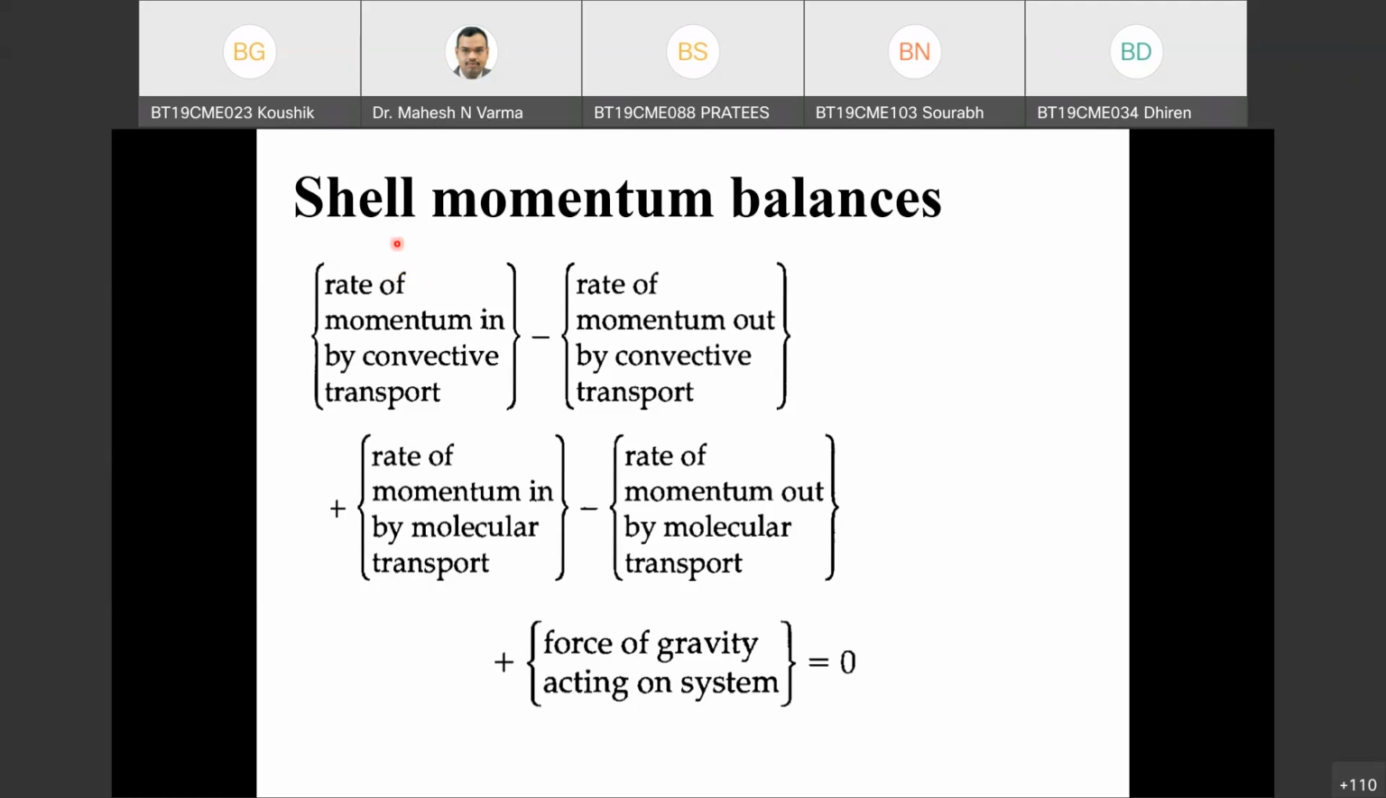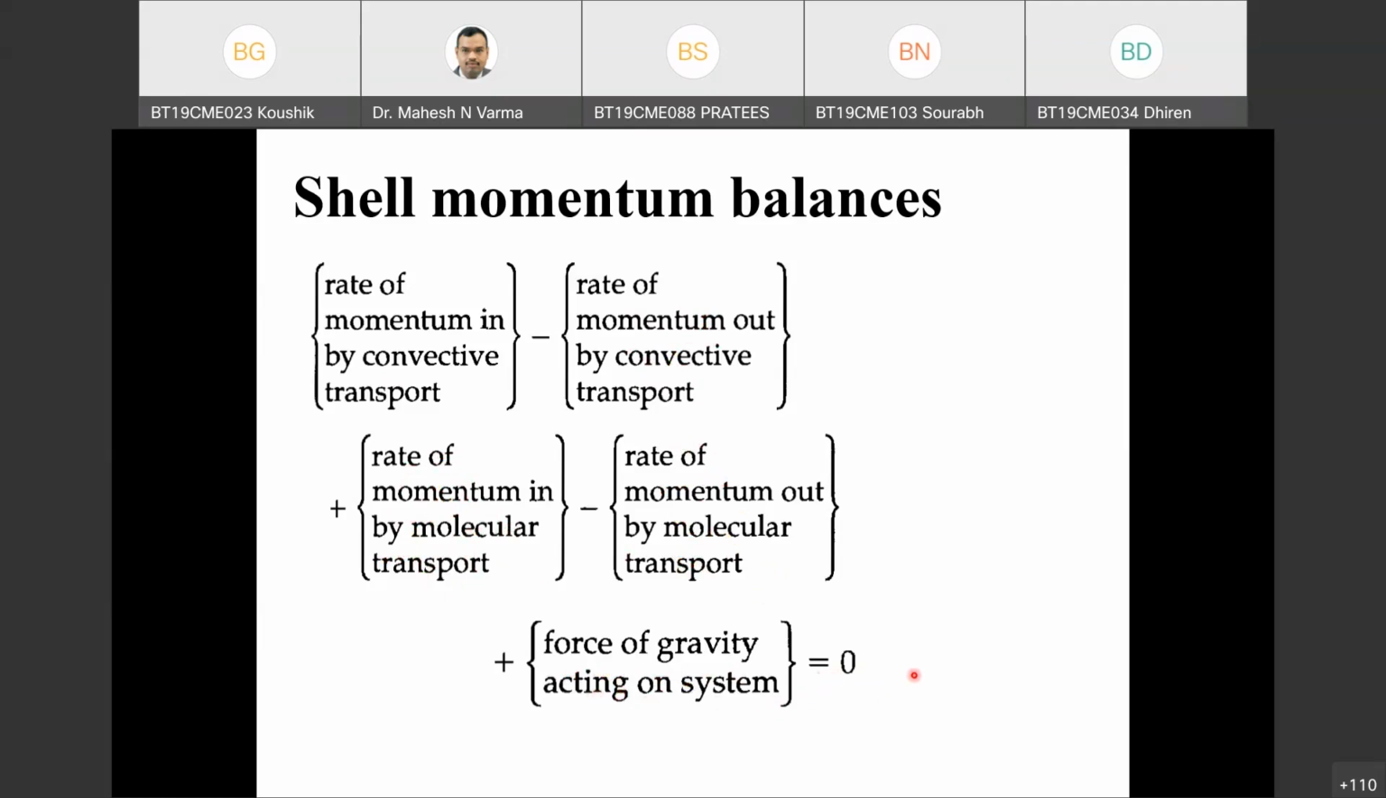Some geometric input is needed, that is the perpendicular surface area, so you can get a rate from flux. So this is the overall shell momentum balance equation. This is the convective rate of momentum coming into my differential shell. A differential shell is nothing but the control volume of a differential dimension. This is the rate of momentum going out by convective transport. This is the molecular momentum flux coming into my differential shell. This is the rate of molecular momentum going out, plus forces of gravity acting on the system, equals